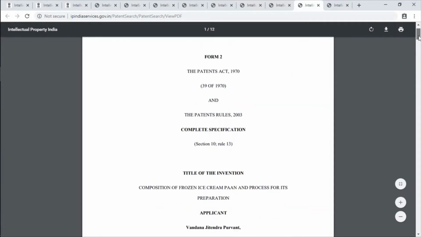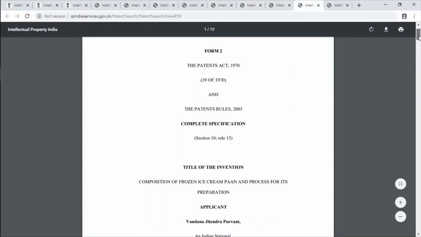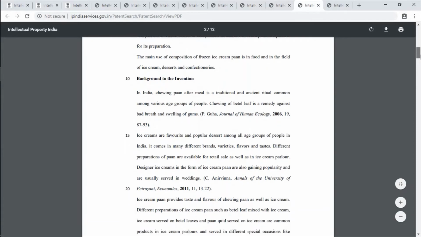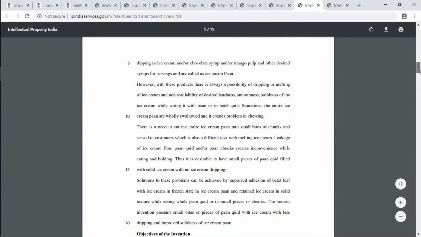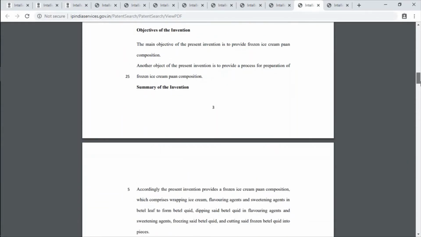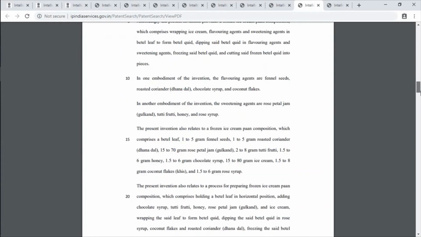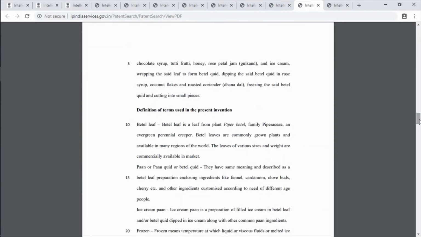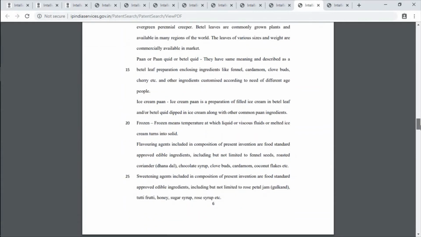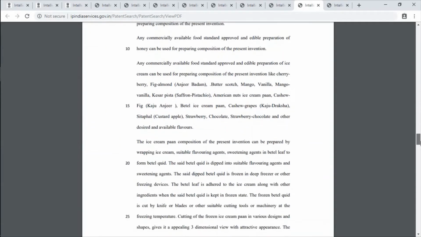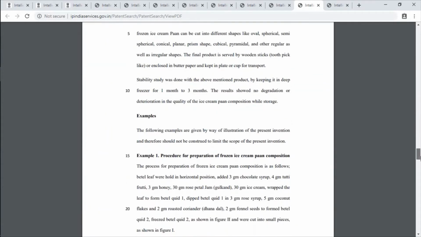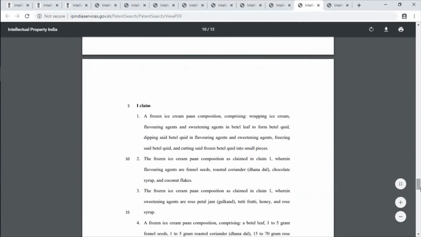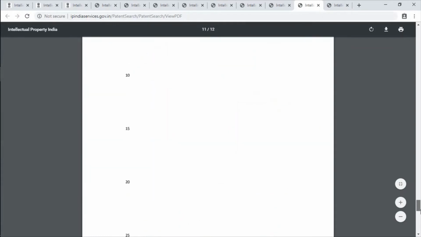then form 2. So this is the format of form 2. Field of invention, background of invention, objective, then drawings, and detailed description, then we have described the terms we used, then examples, working examples and advantage of invention, then claims, then abstract,